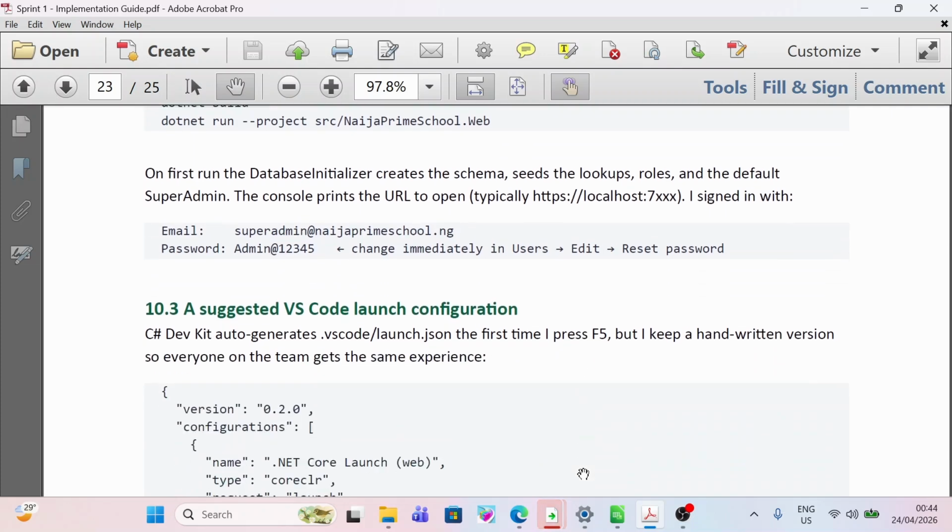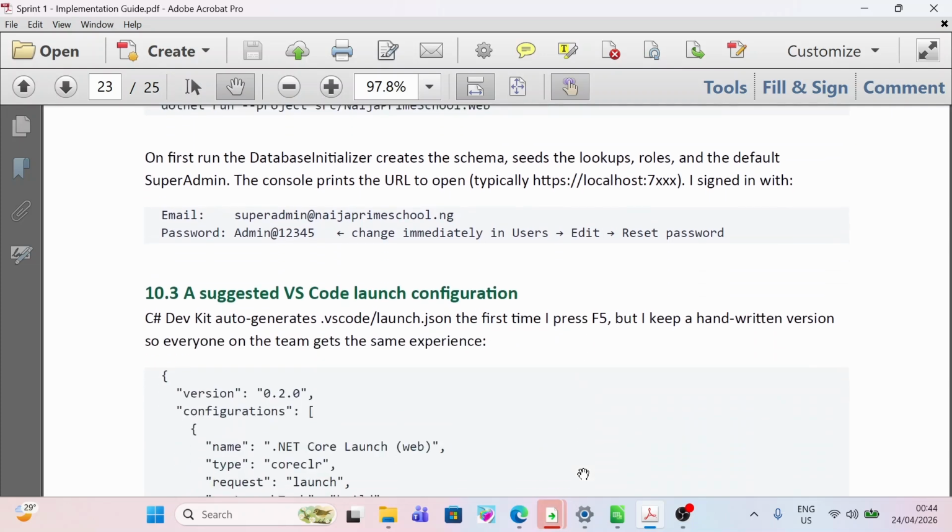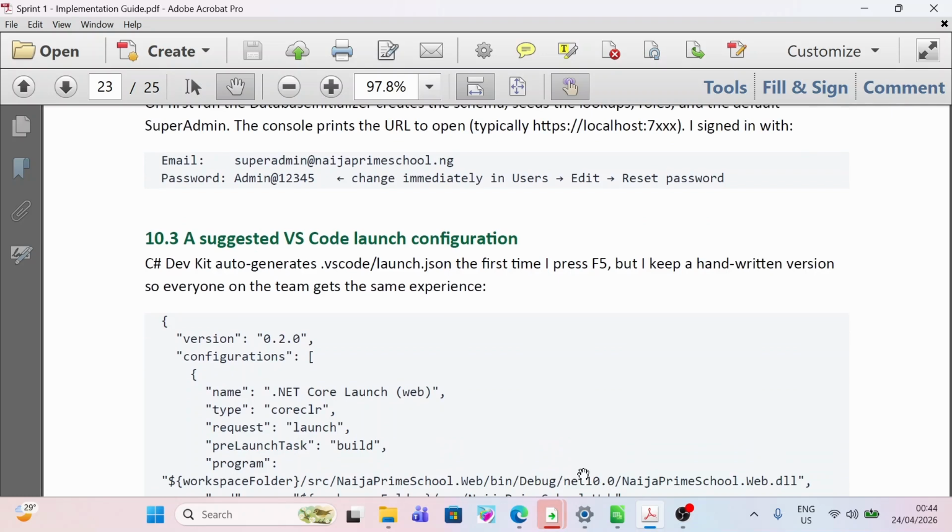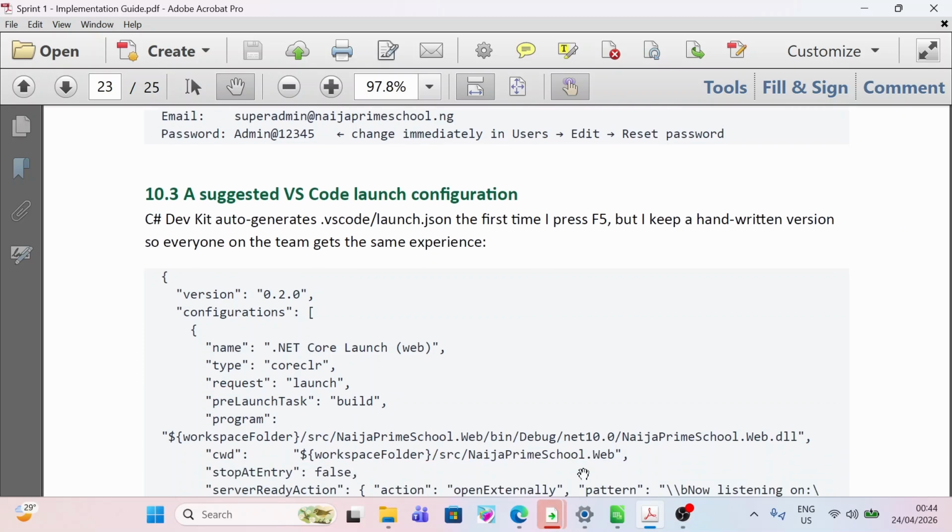10.3 A suggested VS Code launch configuration. The C# Dev Kit auto-generates .vscode/launch.json the first time I press F5, but I keep a handwritten version so everyone on the team gets the same experience. Version 0.2.0. Configurations: Name, .NET Core Launch (Web). Type, coreclr. Request, launch. PreLaunchTask, build. Program, ${workspaceFolder}